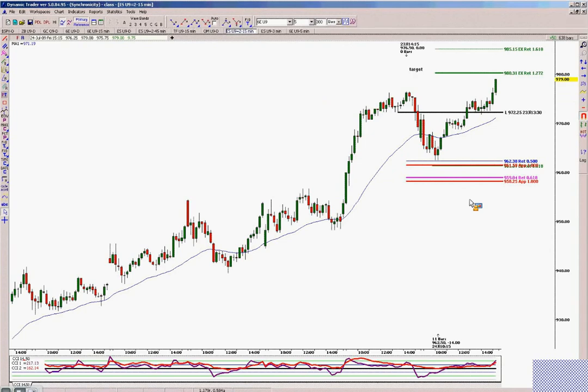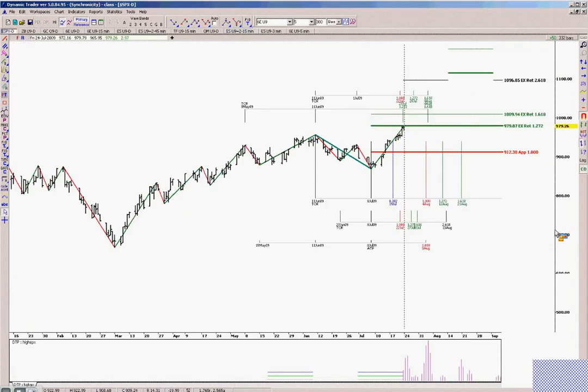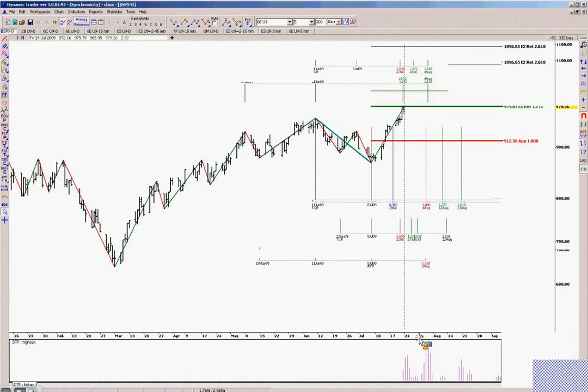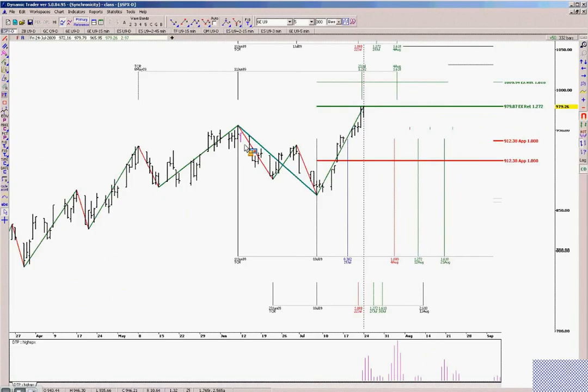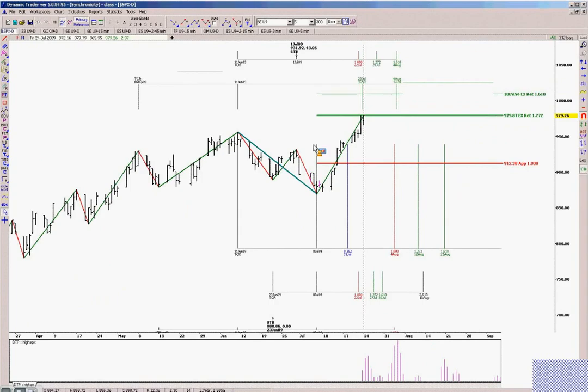Question was, how did I get 9/12/38 in what? Was that on the S&P cash? Oh, okay. S&P cash chart. Here we go. Okay. All I did in this case was I was looking at the symmetry of this last swing. So I took the prior low to high swing, which was 43 points, 43.06, and projected 100% of that from the low made at 869.32. That gave me the projection of 9/12/38.